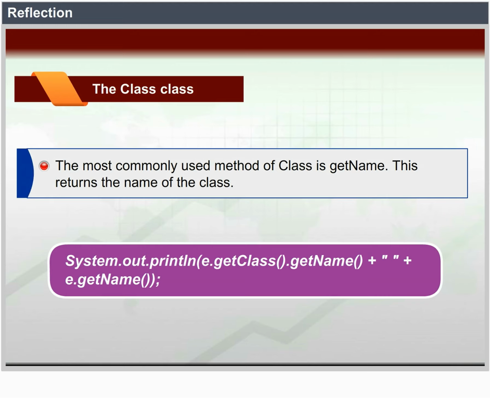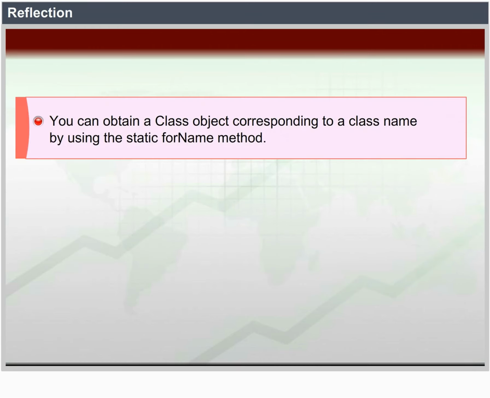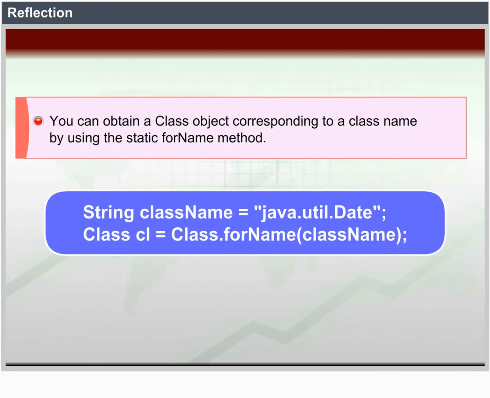System.out.println(e.getClass().getName() + " " + e.getName()). You can obtain a Class object corresponding to a class name by using the static forName method. String className = "java.util.Date"; Class cl = Class.forName(className);